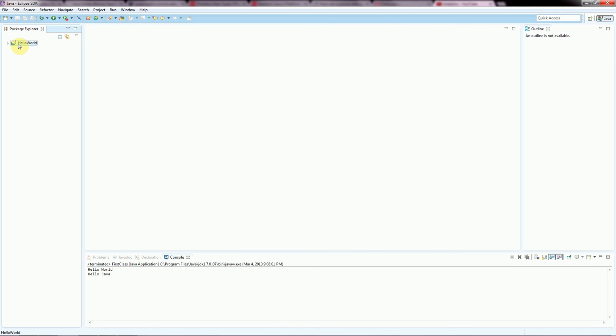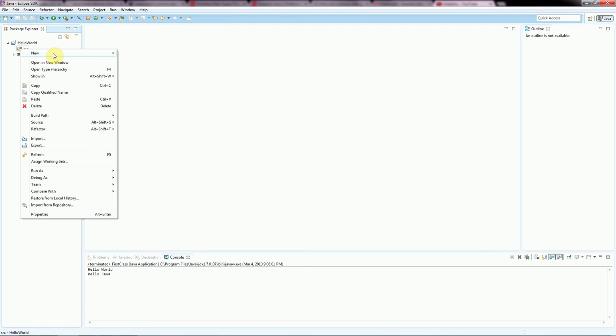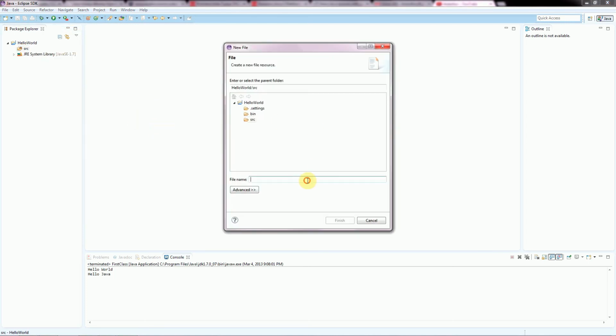And now we have a folder that's going to contain all of our class files for this project that we're going to write today. Now if I click this arrow, it drops down these two items, and the bottom one, JRE System Library, we don't really need to be concerned with, at least for now. So if we go to this source folder, we're going to right click it, go to new, and select file. And now we need to give a name for our first file, which is actually going to be the name of our first class. So in this case I'm just going to go ahead and actually name it first